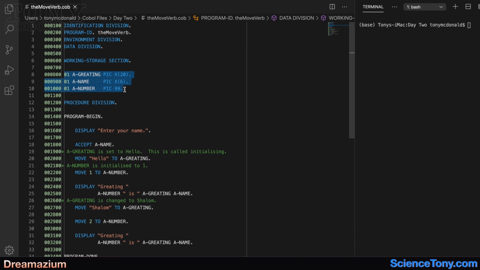There are two broad categories of data in Cobol, and they are variables and constants. These here that I'm highlighting are variables because they can change while a program is running, and you have to declare what kind of variables they are, whether they're an alphanumeric variable or a numeric variable, and how much space